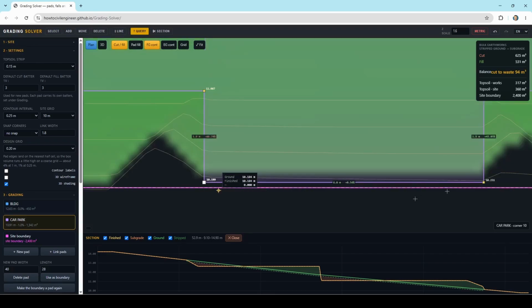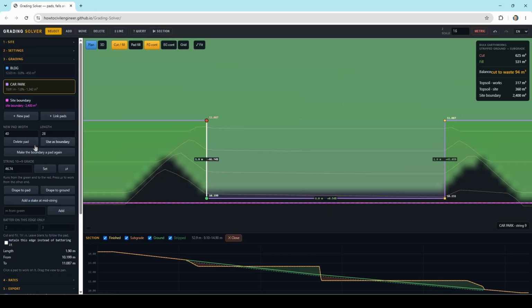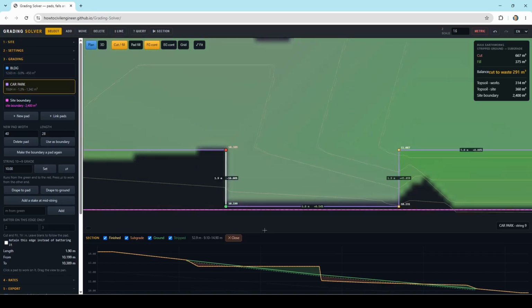So that's fine. As you can imagine, you drive over the site boundary onto the site. And now what we want to do is change these lengths. So here you can change the length. I'll just get rid of settings here as well. You can change the length of this, or the grading of this line. So obviously 45% is too high for a car to enter, but we'll set it at 10,